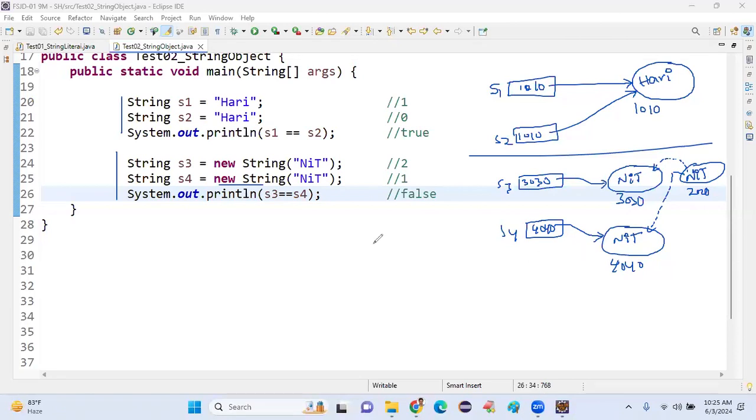Clear? So this is the memory diagram. Are S3 and S4 pointing to the same object? No. But S3 and S4 both are copying the data from the same object. They copy from the same object, but hold different reference objects. Now my question is,